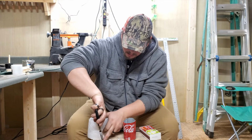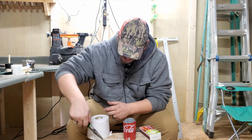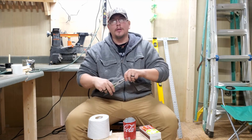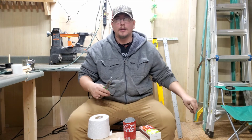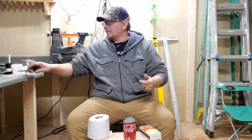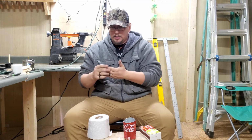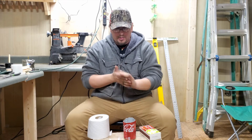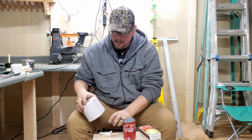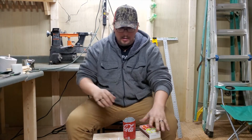And now we have 3 windproof, waterproof matches. Now I'm sure you could be a lot more fancy with it, but as you can see, I'm working out of what I had laying around. Just an empty Coke can and some matches and toilet paper. And now my hands are all waxy. Woo! Okay, so we'll get this out of the way for now, and then I'll show you how these matches